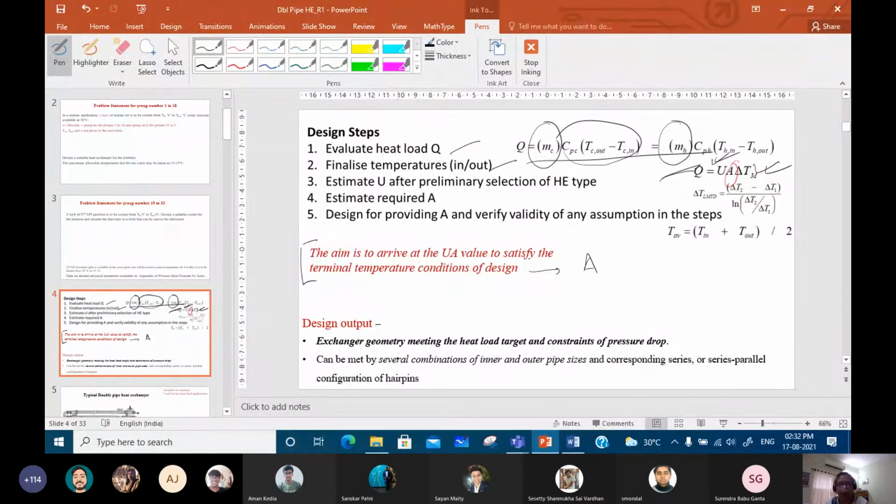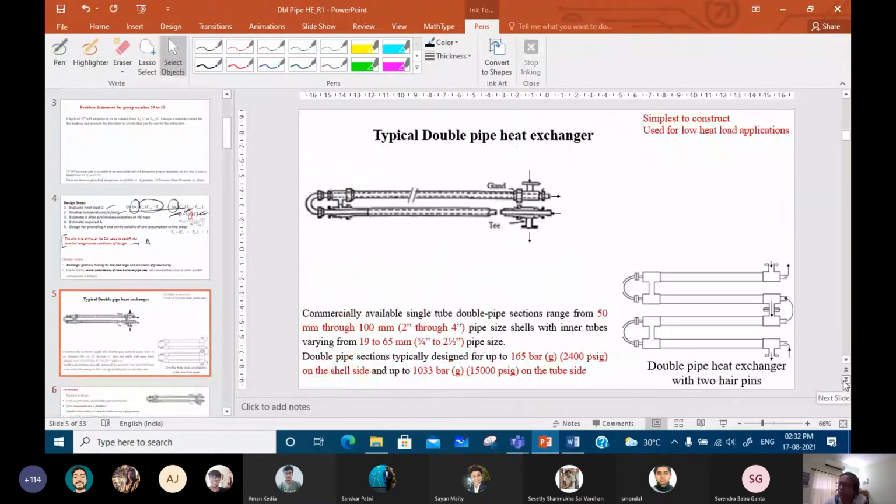So therefore, you can select anything, you can go ahead with it, but there has to be some logic, and the complete reference also has to be given, right? Now, coming to the double pipe heat exchanger, quite naturally, I wanted to opt for it just because it is simple to construct. And for my case, I found that the heat load is not high. So therefore, I felt that the double pipe exchanger should be serving my purpose. Accordingly, I have selected the double pipe exchanger.